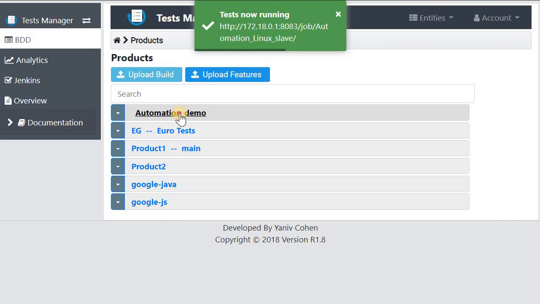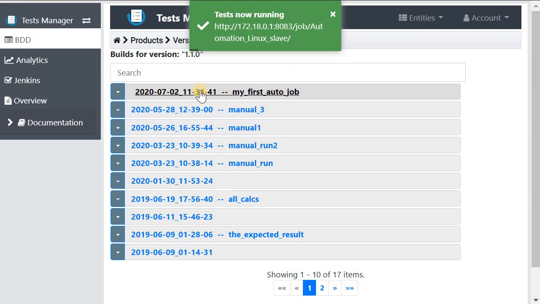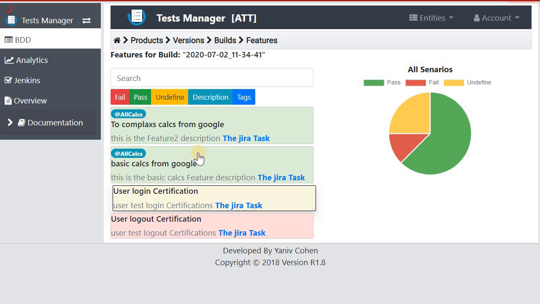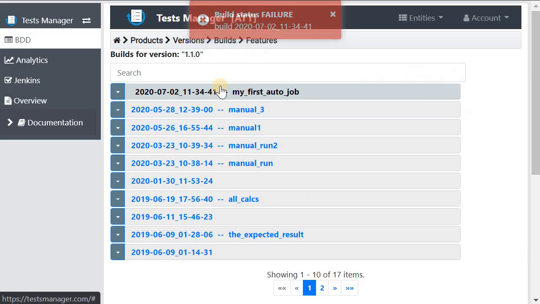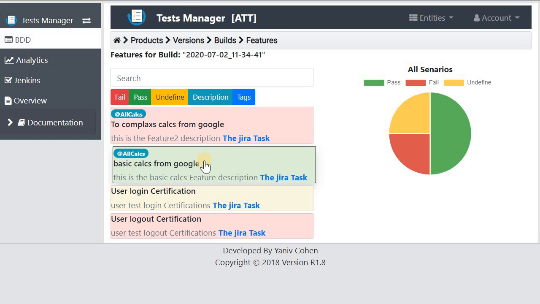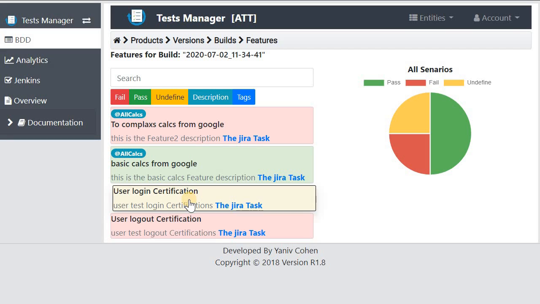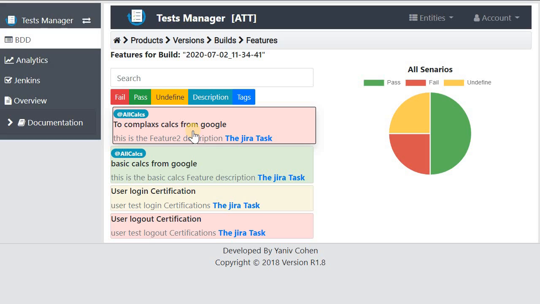Now, when it's finished, the status will be fail. Okay, it failed as expected, and now we'll refresh it, and it failed again. So I can run automation, upload and add manual features, and rerun tests that fail.